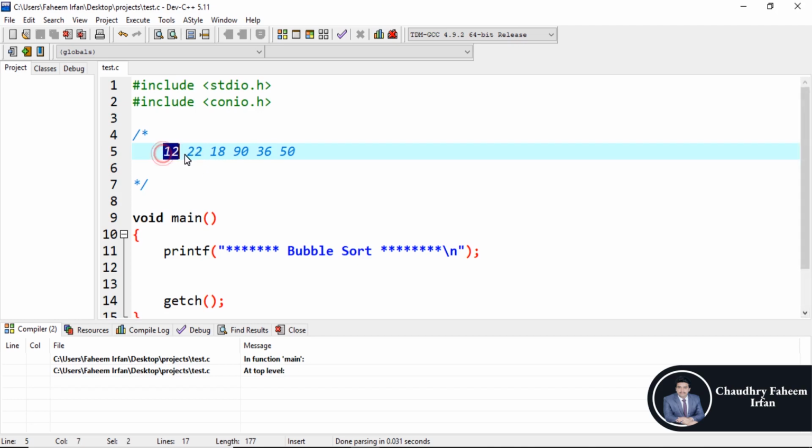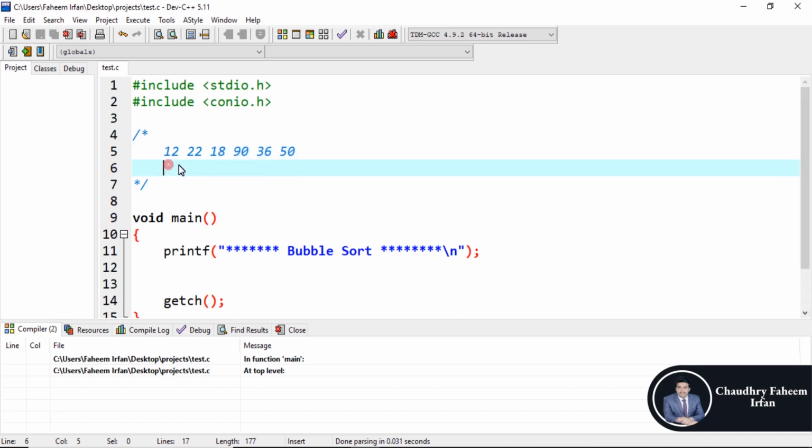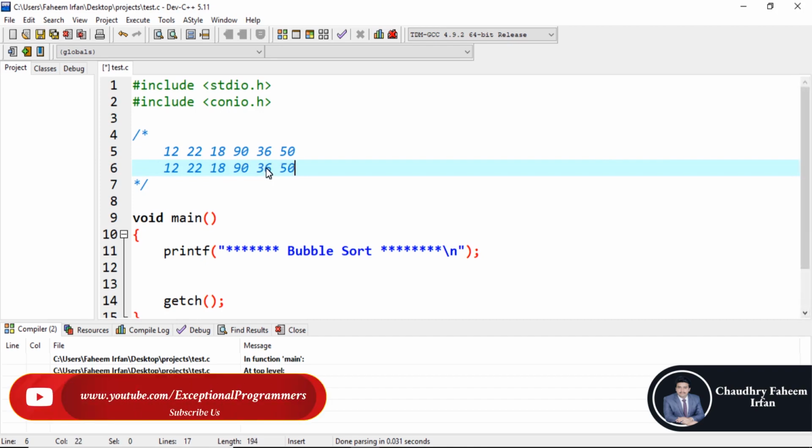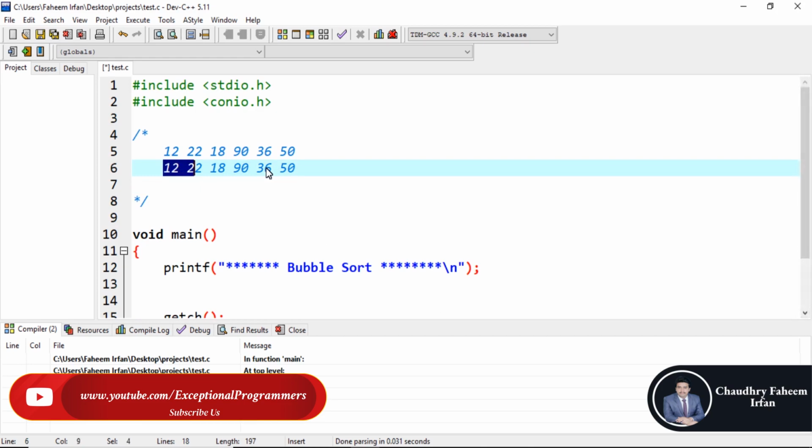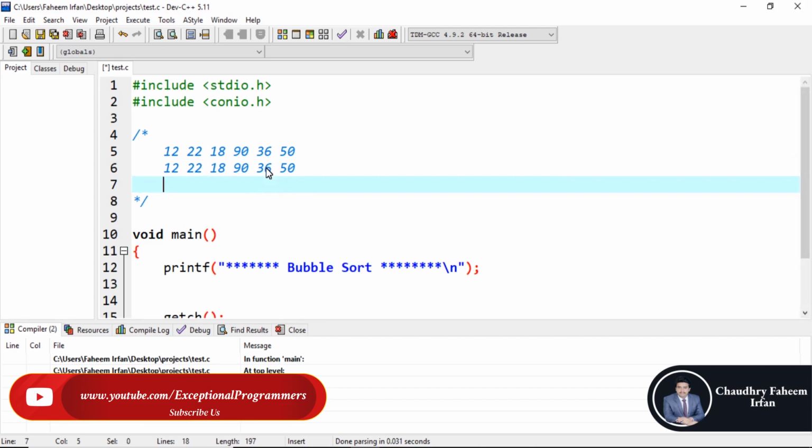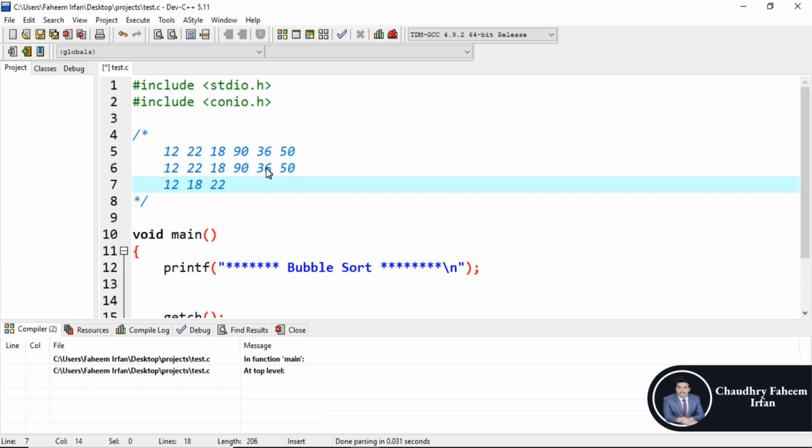Like 12 and 22. So 12 is less than 22. So 12, 22, 18, 90, 36, 50. And after that, compare 22 with 18. So 18 is less than 22. So swap: 18, 22, 90, 36 and 50, and like this